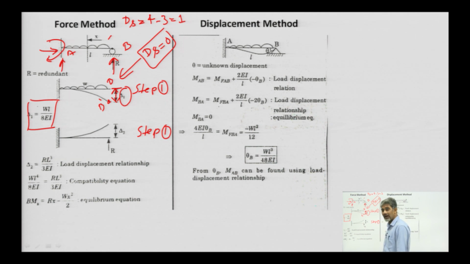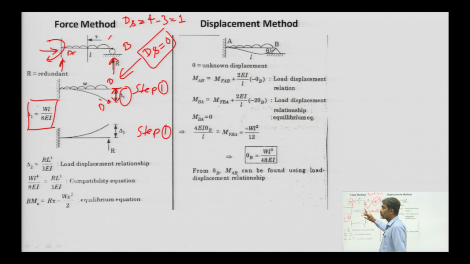We are removing certain forces, and these forces are called redundants. Here R is taken as the redundant. Since the degree of indeterminacy, ds, is 1,